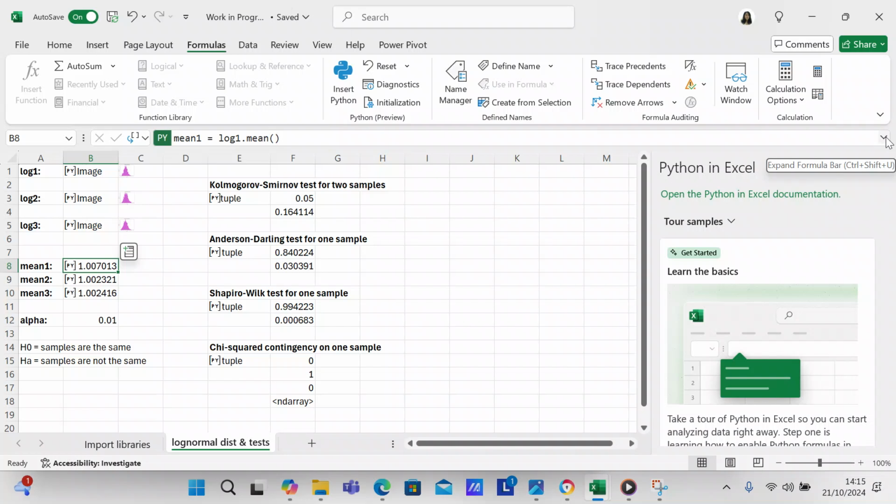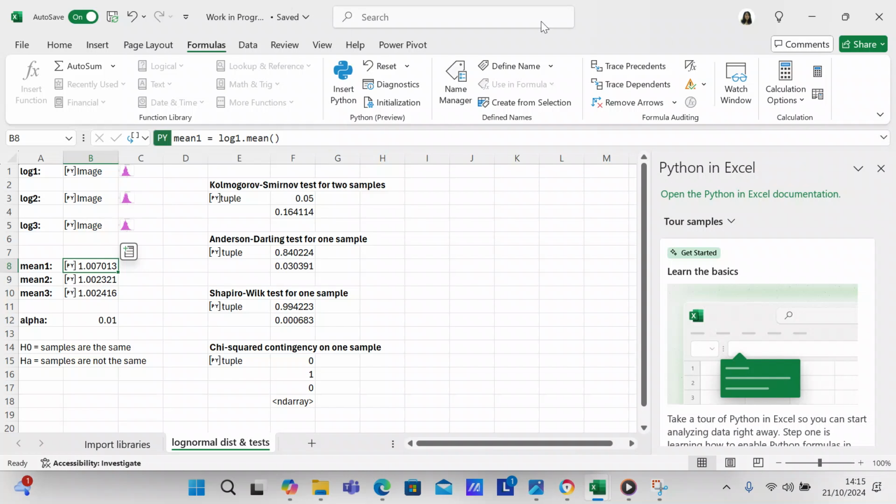But you can make your alpha 0.01, 0.05, or 0.1, whatever you want. And just to give the Anderson-Darling a chance for me to write about it, I made the alpha 0.01. So the null hypothesis means the samples are the same, and the alternate hypothesis is the samples are not the same. And so we're saying that you can look at the means and you can see that the samples are the same. But because the log normal distribution isn't quite a normal distribution, that's why the Anderson-Darling test didn't give